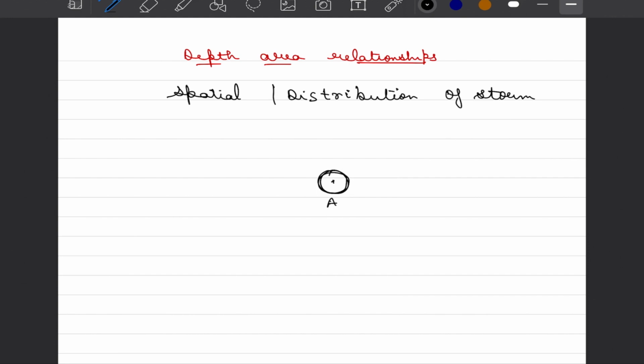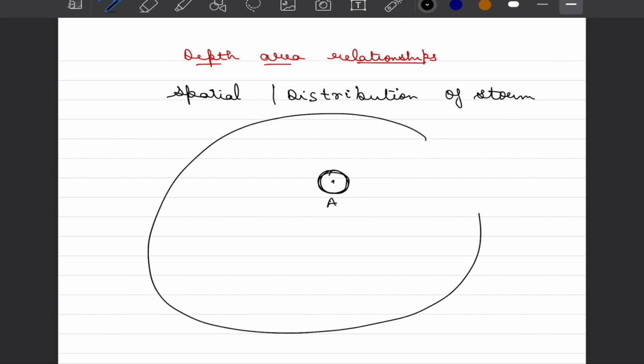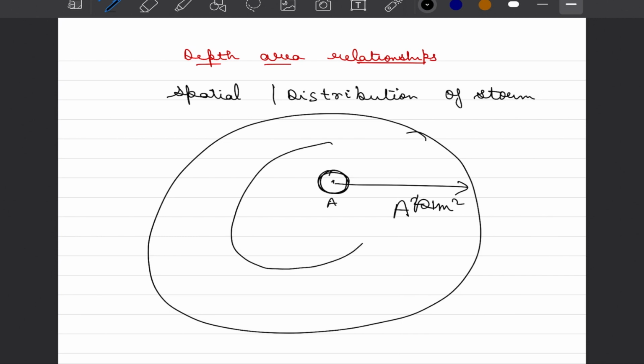For example, a storm hit a certain part with an eye centered around city A, and we are interested to know what is the average amount of precipitation that an area of magnitude A kilometer square might have received because of this rainfall. Now we learned that when we were looking into the catchment, we can simply look into these isohyets, and if we know the levels of isohyets P1, P2, Pn and so on, we can keep on multiplying that with an area and average it out for the entire watershed.